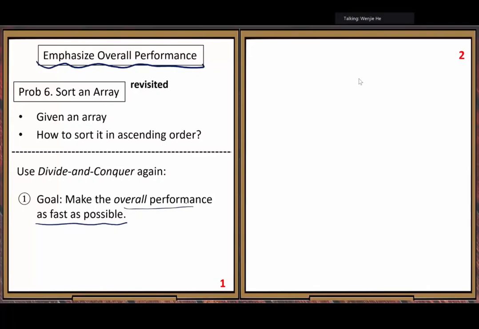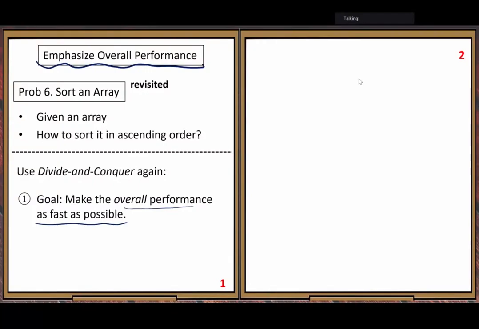Because in your design, if you just use a completely different way to do the divide and conquer, it's hard to control the overall efficiency, right? It is very hard to control that overall performance. Only after you find the solution can you do experiments to compare the overall efficiency.